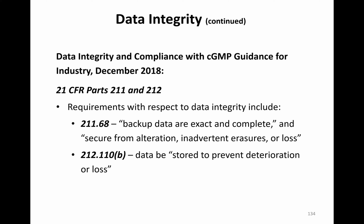So data integrity and compliance, the guidance came out in December of 2018, but it was nothing new, no new requirements. They simply were restating all the areas where FDA felt that industry was failing. They were doing things sloppy. They were throwing data away. They were not doing the due diligence that they should. And in rushing, human error creeps in. They end up not doing things right the first time. So they restated the parts of 211 and 212 that are being